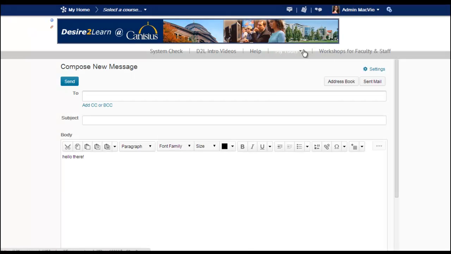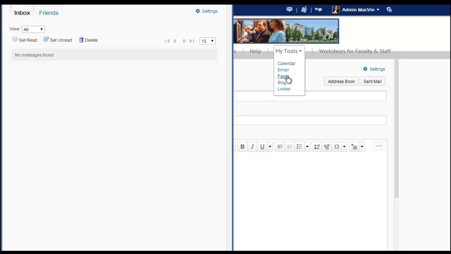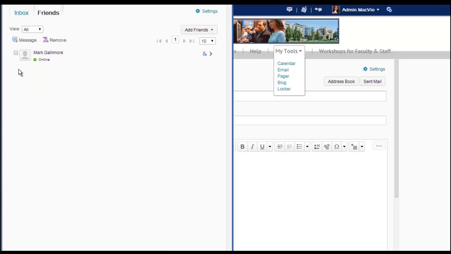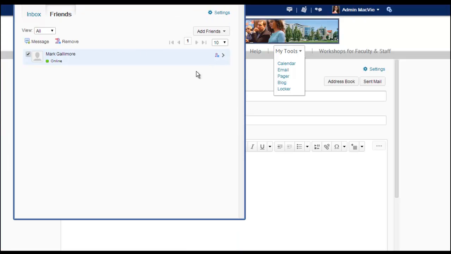Now if we head back up to My Tools, we can also go here, here's the pager, and you can find some friends who are online. I apparently don't have friends, but I can add friends if I want to. And I could search by username. See if we can get Mark to appear here. And you could see that Mark is right now online, and I could choose to add him